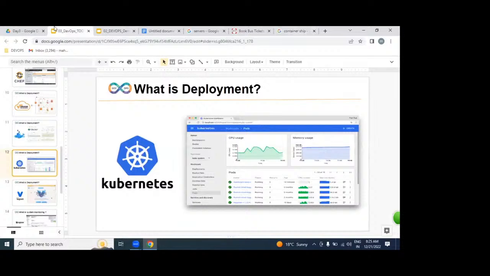By using Kubernetes, we can manage or control n number of containers. I hope each and every student understood the idea of what a container is and what Kubernetes is. If you don't understand, don't worry. We're going to discuss these two tools in depth for one month, with practical examples. If you understand, very good. If you don't understand, also very good.